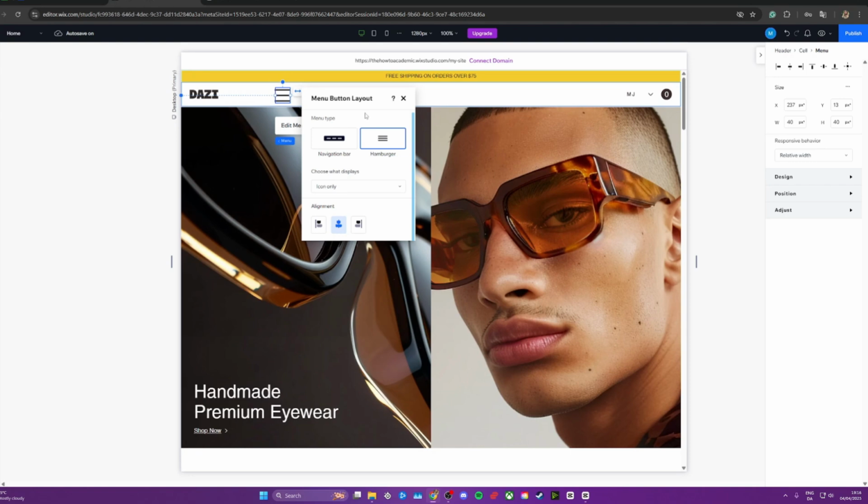One thing I just want to quickly mention is that if you don't have the hamburger menu in this layout setting, you might need to go over here on the right hand side and click on update your menu. I had a small text over here prior to making this video where I had to click update my menu. And once you've done that, you should have the hamburger menu option right here.